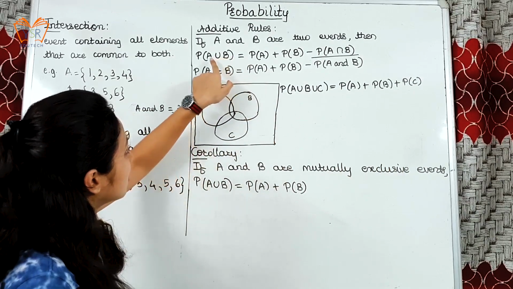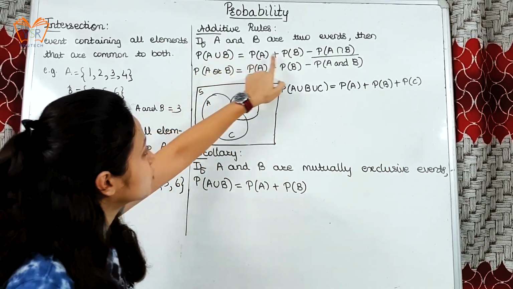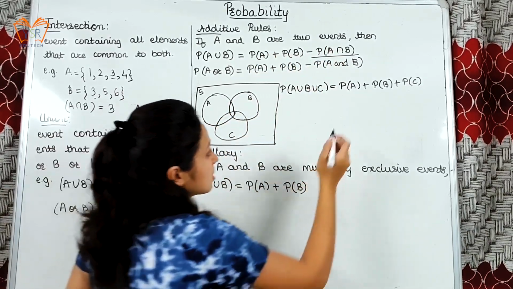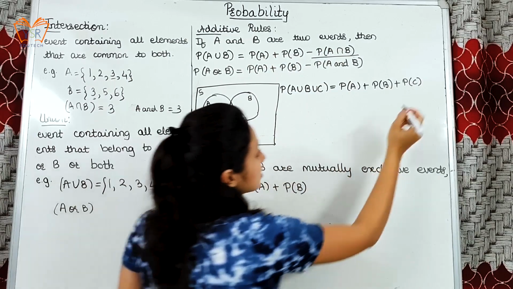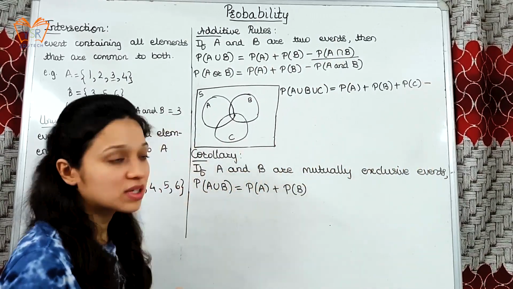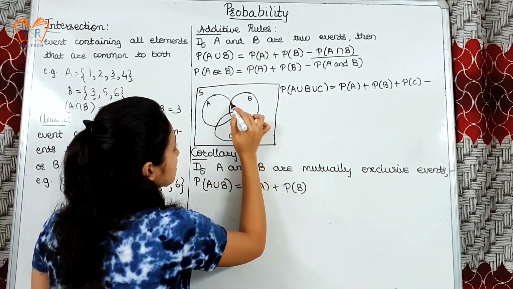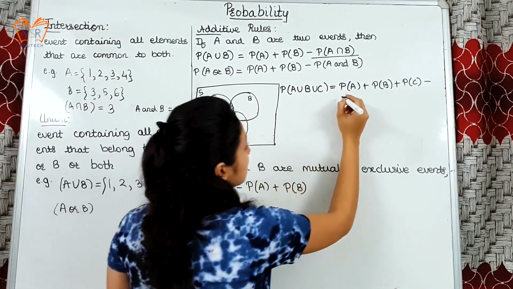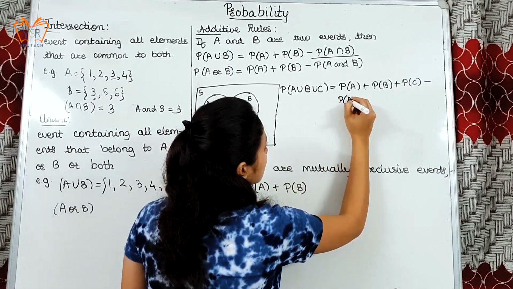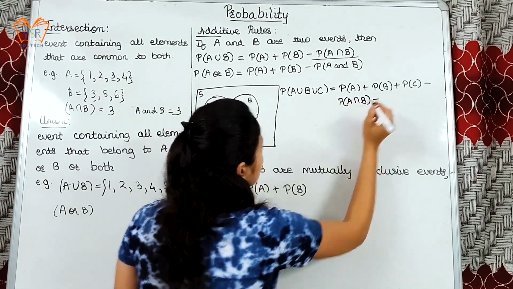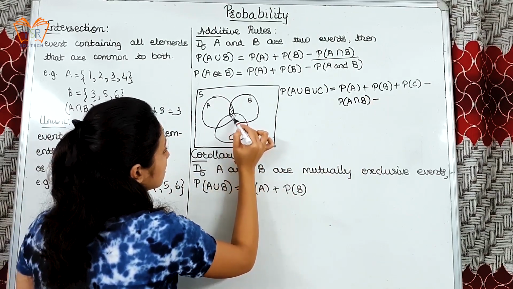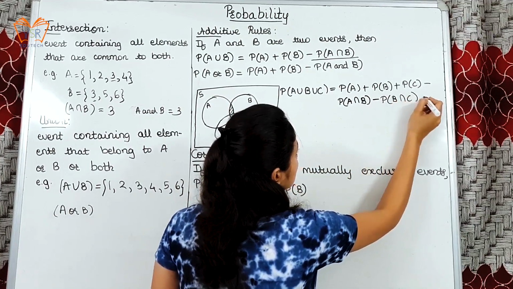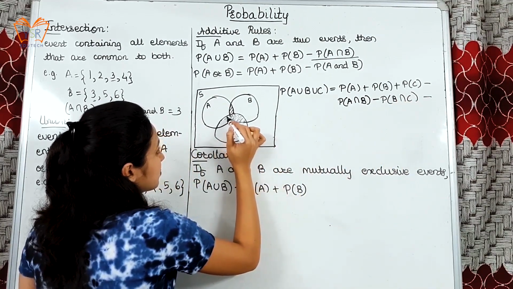As seen in the above formula, for union we add the sum of individual probabilities and then subtract the common elements. So this is the addition of individual probabilities. Now let us start subtracting the common elements. If you see this part, the entire part is common in events A and B. So that will be subtracted: P of A intersection B, minus, again we have this part that is common in events B and C, and at the last this is the part,